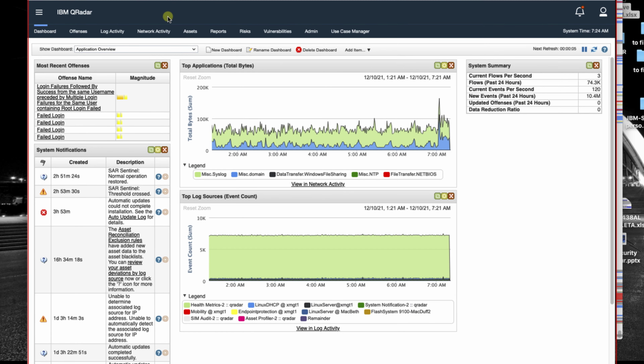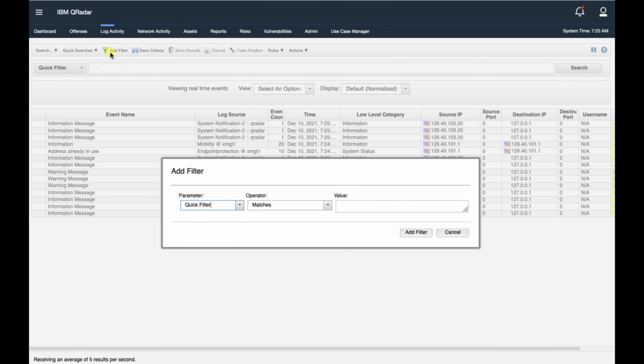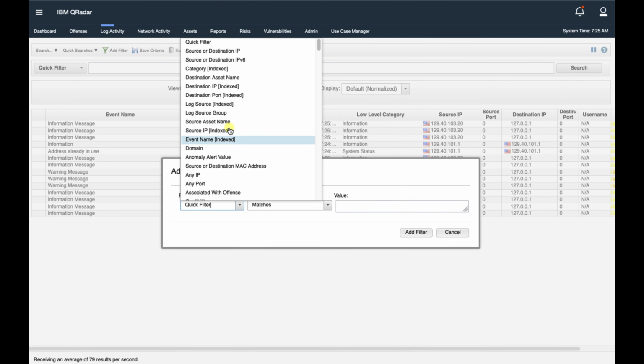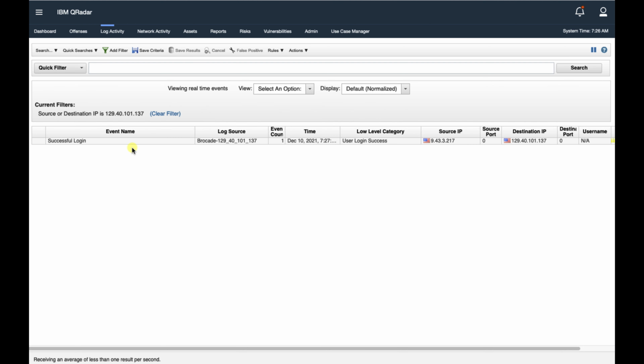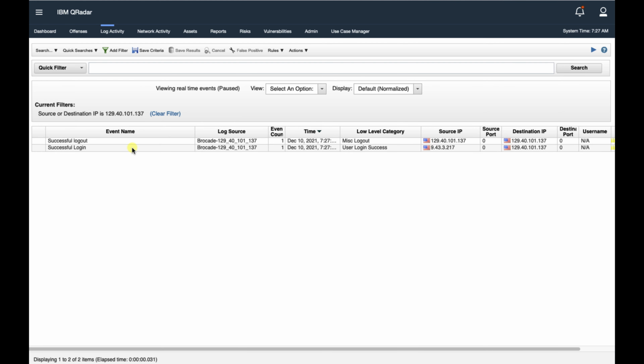Now that that's done, let's go into QRadar so we can set it up properly. When you go into QRadar, you can see a lot of log events from many different devices. I need to filter that, so I'm going to switch right now to either source IP or destination IP so I can filter just for my particular switch. Once I put in the switch IP, I then add the filter so that I can only see the messages relating to that particular switch.